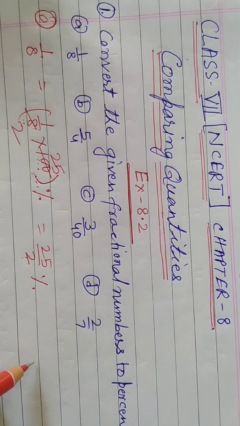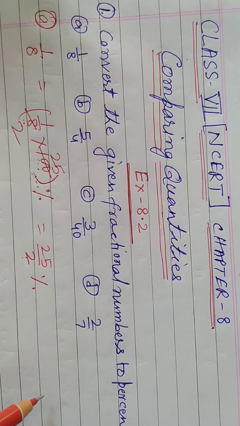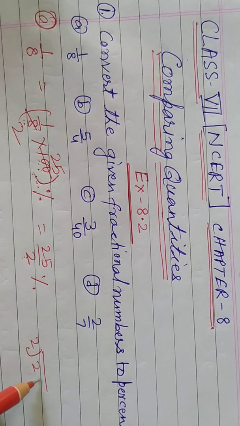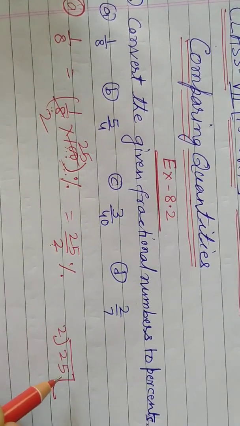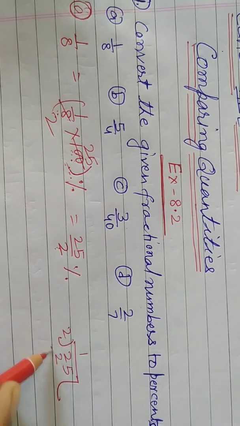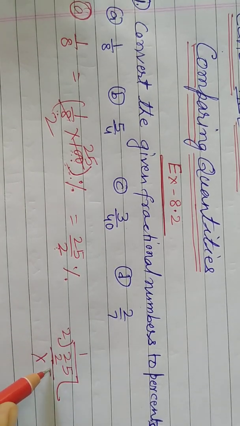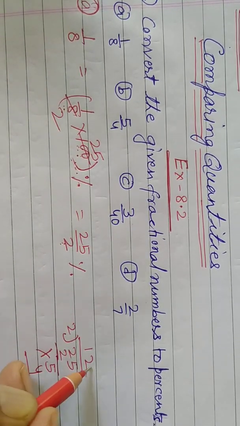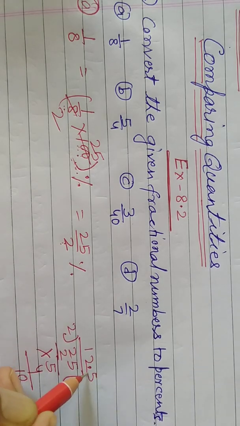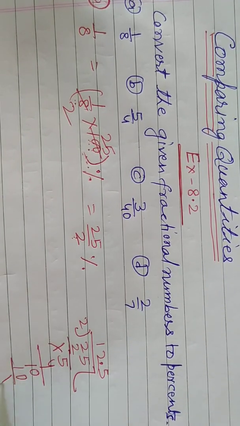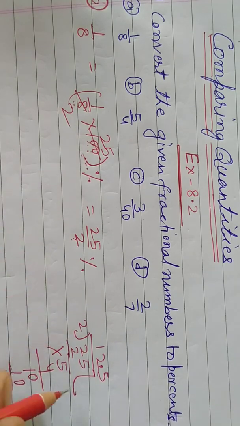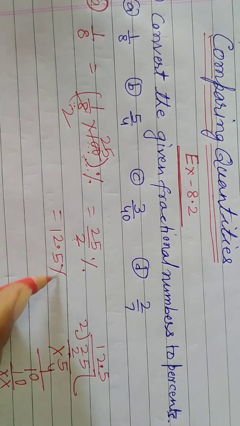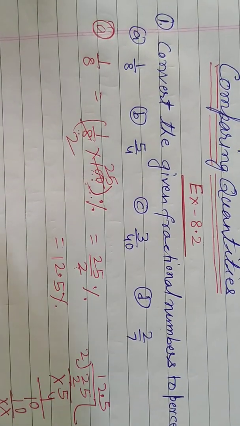25 by 2%. So I told you when the denominator is less than the numerator we can convert into a mixed fraction or decimal. So how can we convert into decimal? Just you see, 2 divided into 25. 2 ones are 2, cancel, 5, 2 twos are 4, 5 minus 4 is 1. Put a point here and 0, 2 fives are 10, 10 10 cancel. So what is left? Okay, what comes? The answer is 12.5%.